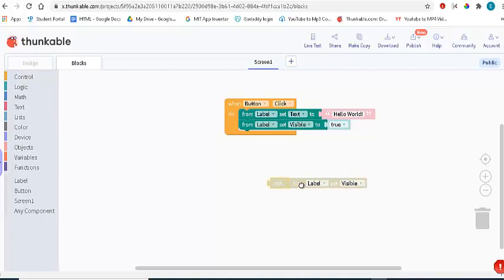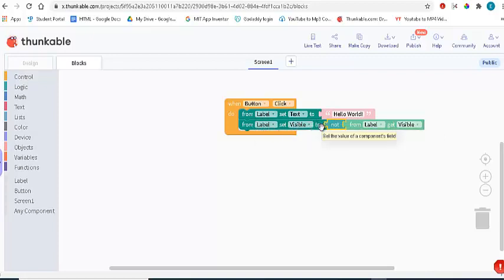Now, if I take this one and I put it here, look what will happen. When I click on the button, the text changes to hello world. Now, the visibility is going to be the opposite of the previous visibility of the label. If the label was visible, now it becomes not visible. So it's going to become false here. If the visibility was false, it's going to become true. Let's see how it's going to appear